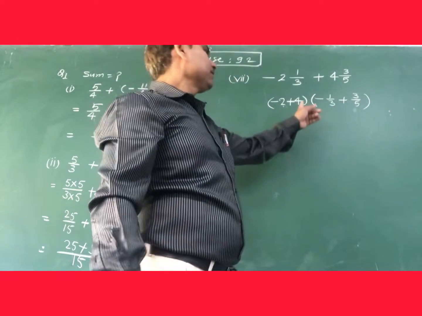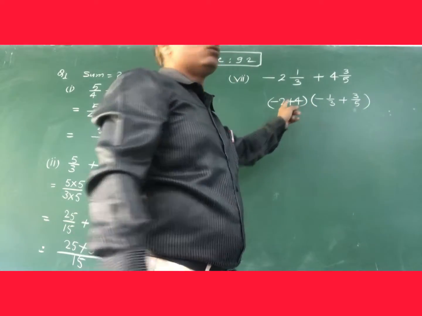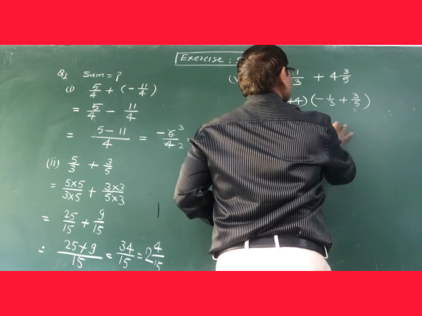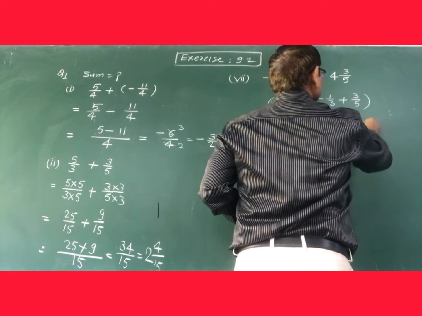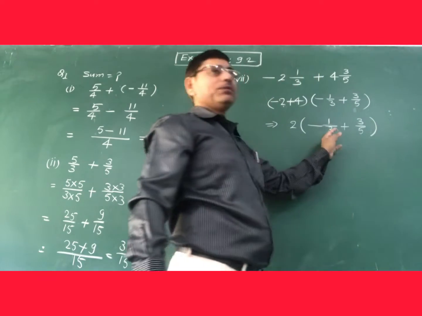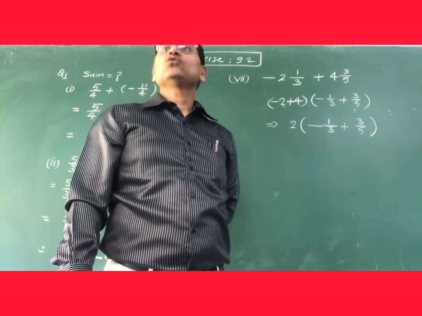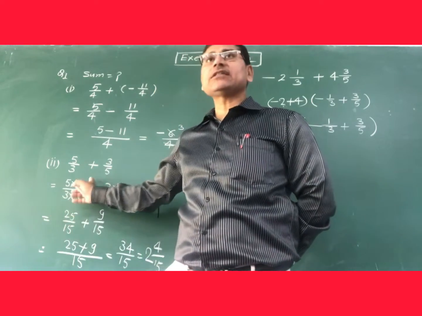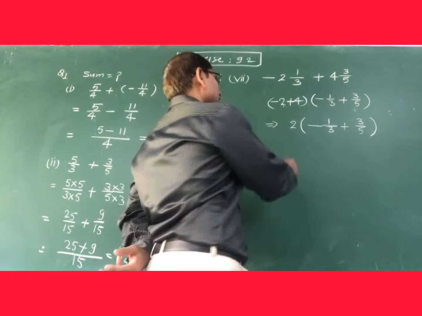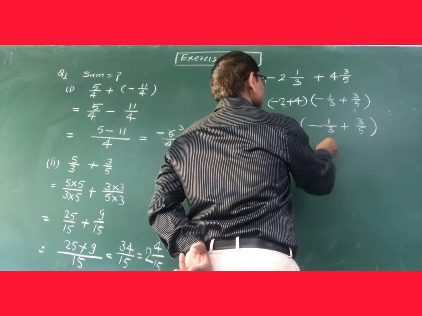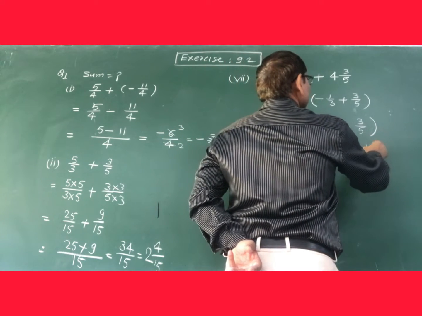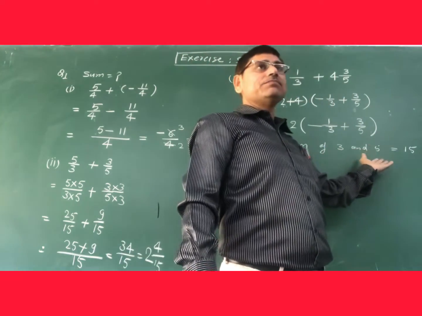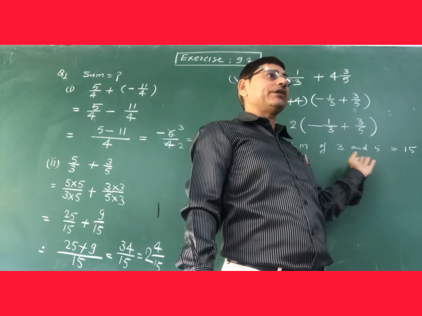So you can see that 4 minus 2 is 2. And now minus 1 by 3 and plus 3 by 5. You can observe once again, denominators are not same. So what to do? You will take the LCM. Second method, now I am telling you. Here you could do it this way also, and now by taking the LCM. So now the LCM of 3 and 5 is equal to 15, because both are prime numbers, so the LCM is the multiplication of 3 and 5.